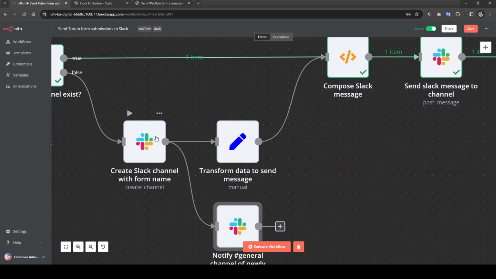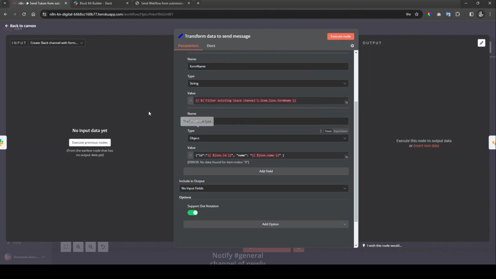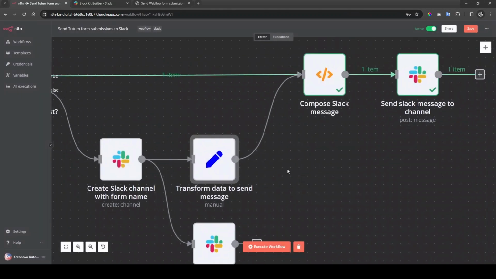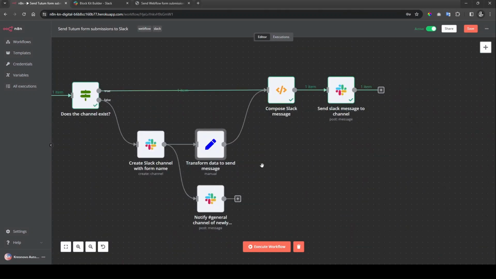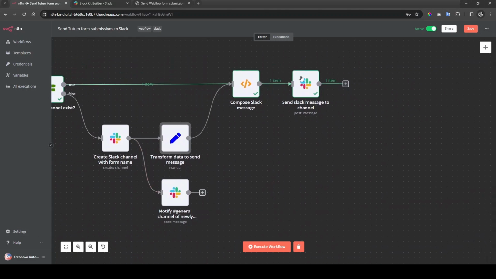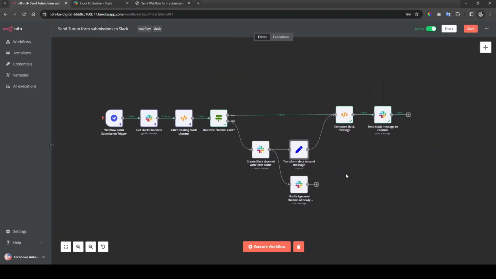And the second thing it does is, when it created a new channel, it actually creates a lot of information about that channel, but we selectively keep the information that we need to pass along to compose the message. The things we need are just the channel information, the form name, and the form data. That's all passed along back into this. So when it's false, there is no channel, it's just going to deviate and create one. Once it creates it, it sends a notification in the general channel, and then it also shapes the data so that it's ready to compose the message to eventually send it to the channel. That's how the workflow works, a breakdown of it, and you can modify and change it as you